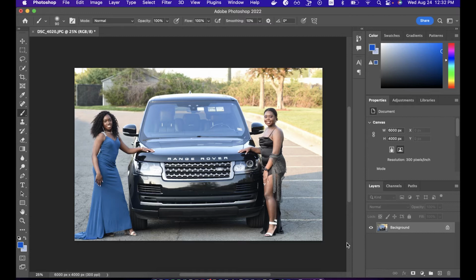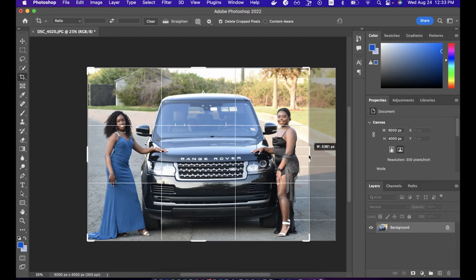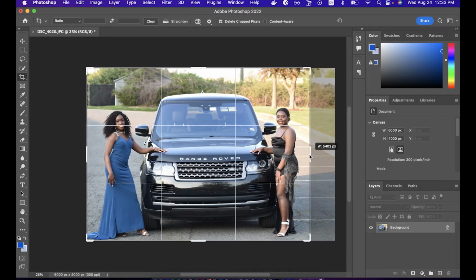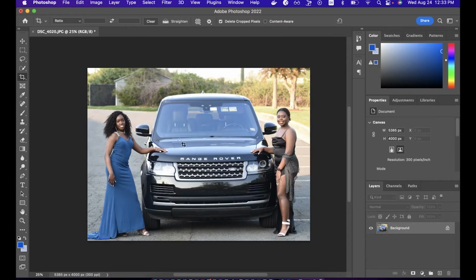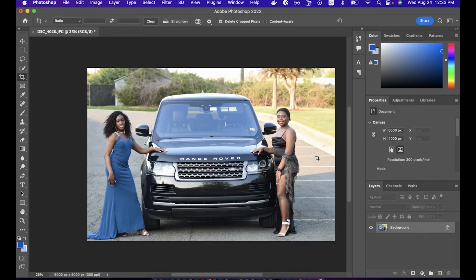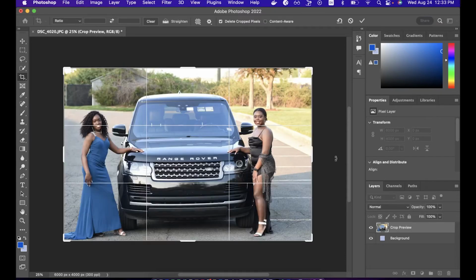Now the first thing I'm going to do is center the picture so both my subjects are kind of equally close to the edge here. Obviously I can only center that way from the right side because the subject on the left is pretty close to the edge already. You can do that with the C key. Again, I didn't like exactly how that went, so I may try to